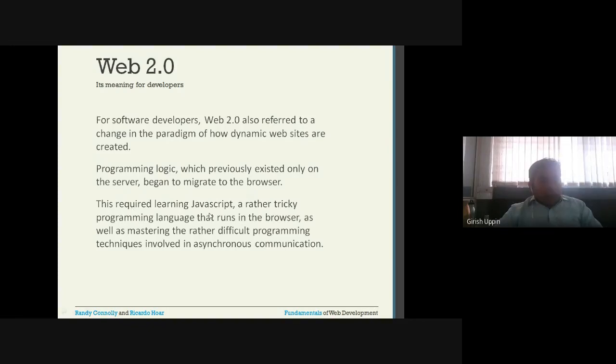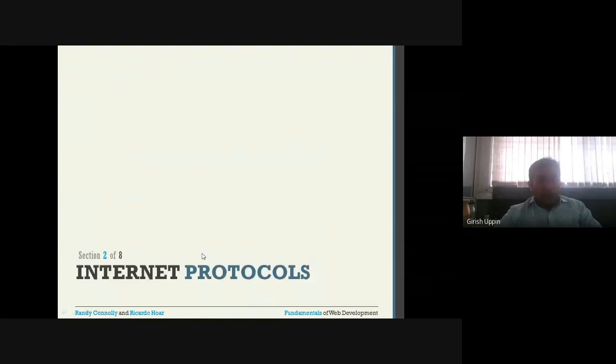This required learning JavaScript, a rather tricky programming language that runs in a browser. I told you JavaScript runs on the browser, and it also required mastering the rather difficult programming techniques involved in asynchronous communication. Those are part of Web 2.0.